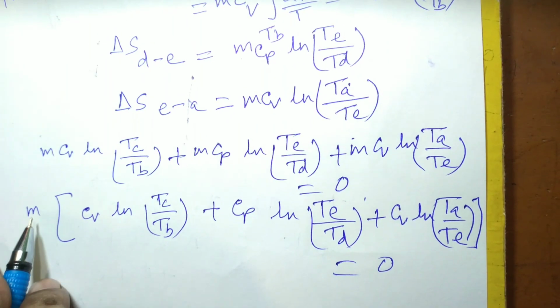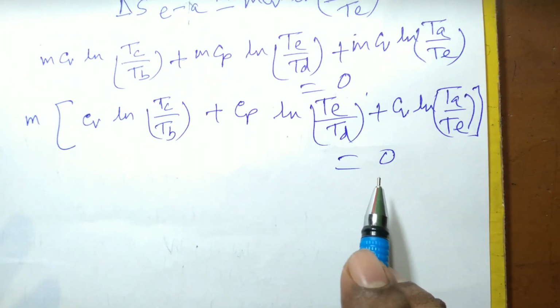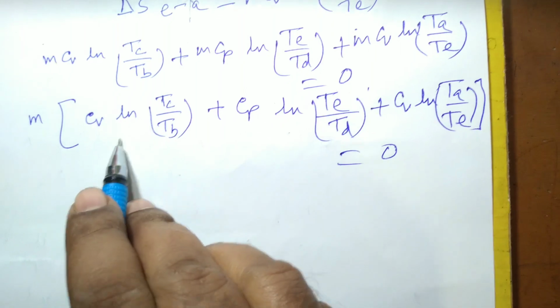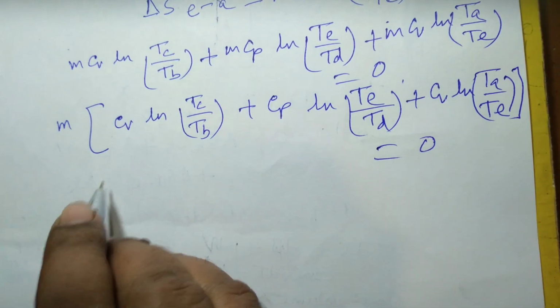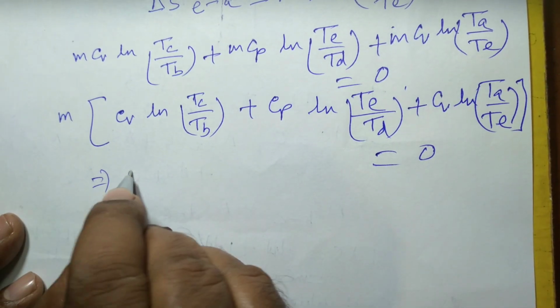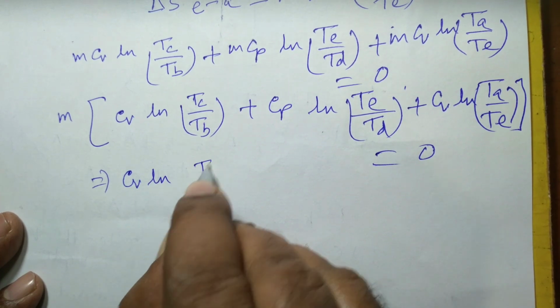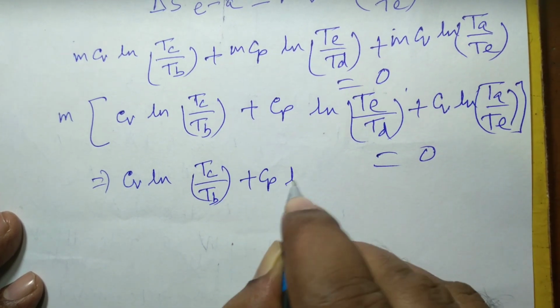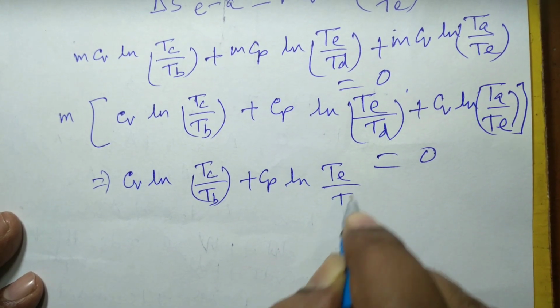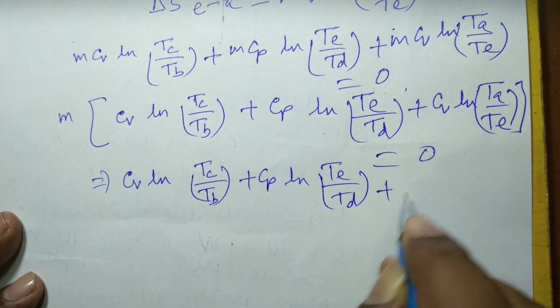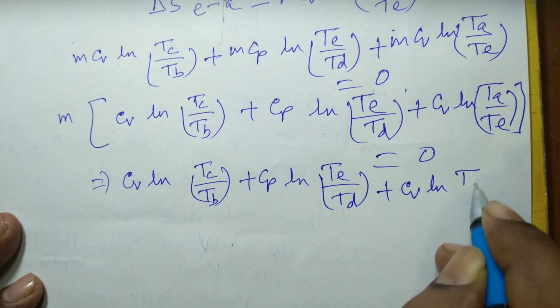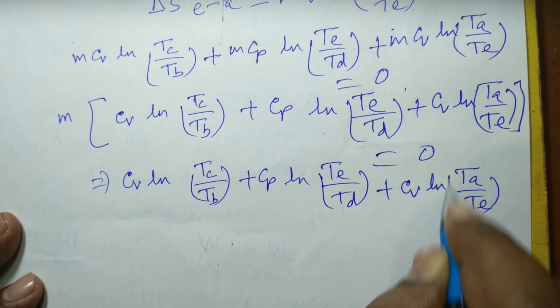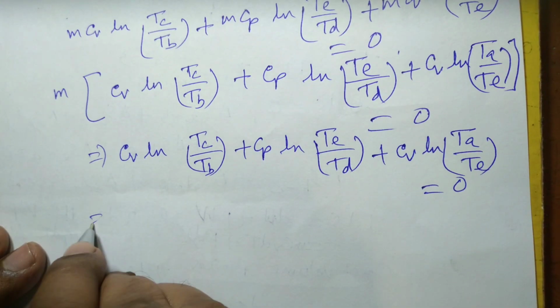And you know m cannot be 0. So for this equation to be satisfied, the term within the bracket has to be 0, which implies Cv ln TC upon TB plus Cp ln TE upon TD plus Cv ln TA upon TE equal to 0, which implies